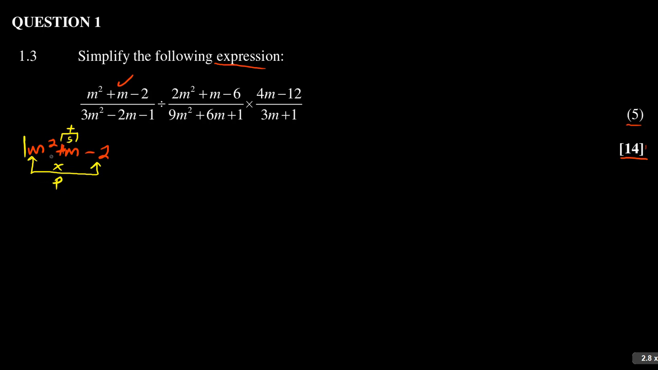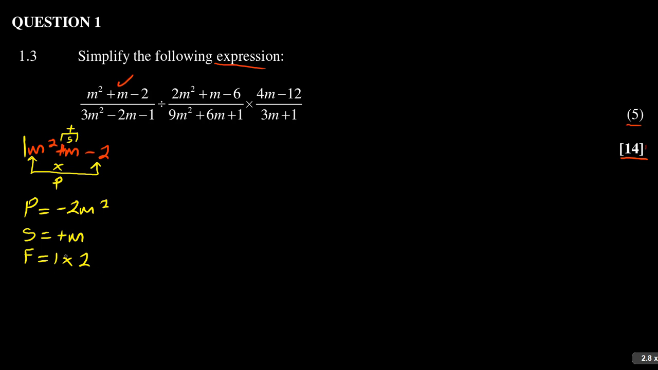So if I multiply 1m squared times minus 2, I'm going to get a product of minus 2m squared, and my sum is the number that I see, which is plus m. Now I'm looking for factors, and the factors I'm looking for are the factors of 2, and the factors of 2, it's 1 times 2. Now when I've got these factors, I need to multiply these factors 1 and 2, and when I multiply them, I must get a negative product,